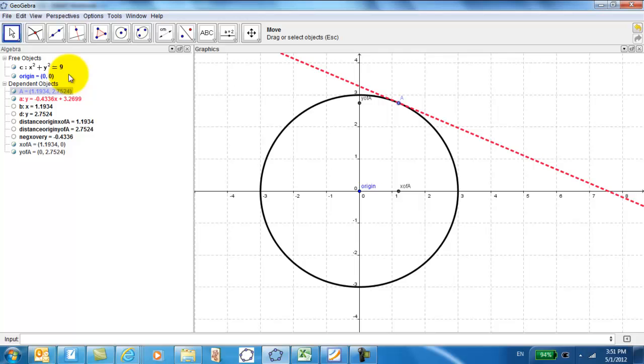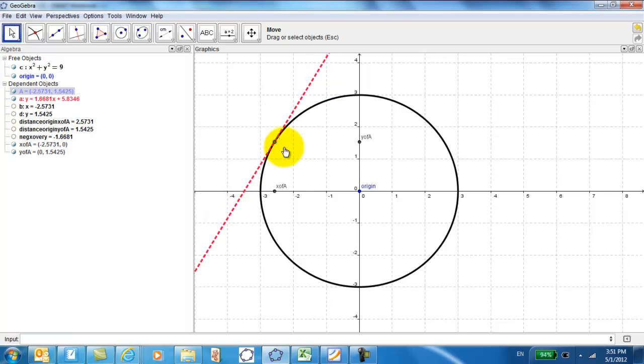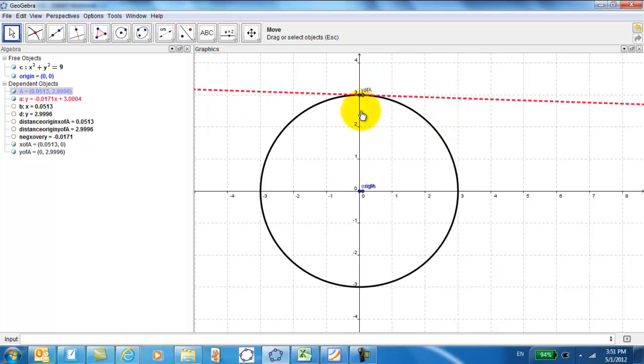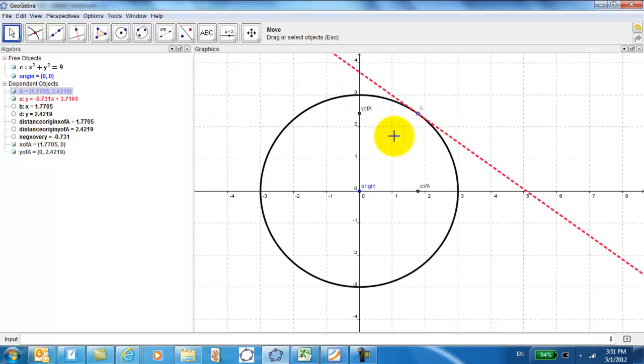Here we go. There's my circle, x squared plus y squared equals 9. Here's a point on the circle, and I had GeoGebra put in the tangent line. Notice what you got to see bouncing back and forth there is the x and the y coordinate of A. And notice how the implicit differentiation came up with negative x over y. If you look at negative x over y in this case, it keeps matching the slope